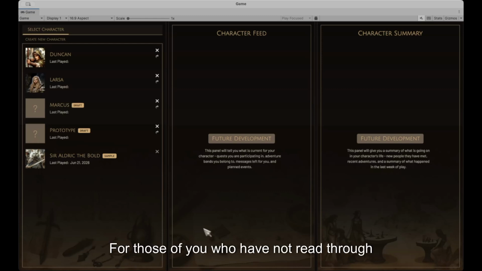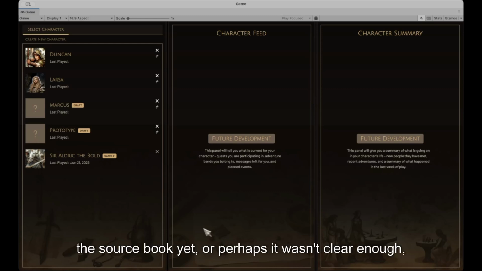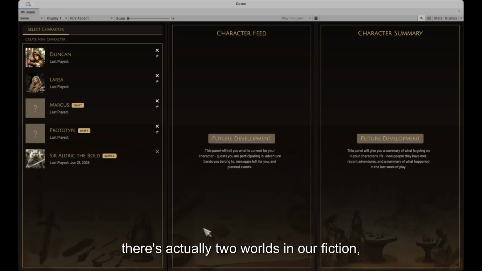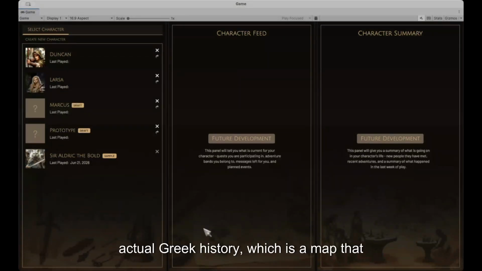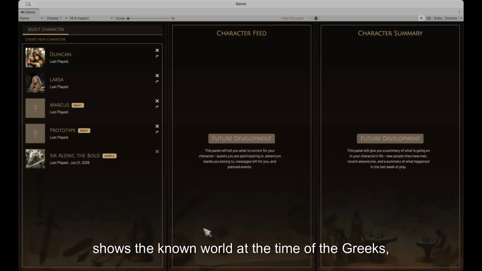For those of you who have not read through the source book yet, or perhaps it wasn't clear enough, there's actually two worlds in our fiction. The waking world, which is known as Valdara, the Kingdom of Valdara, and it's based on the Oikumene map of actual Greek history, which is a map that shows the known world at the time of the Greeks.